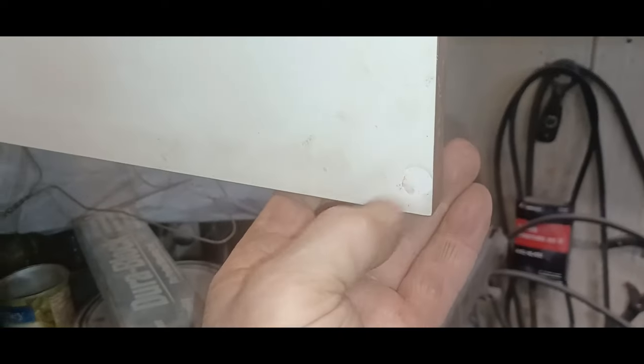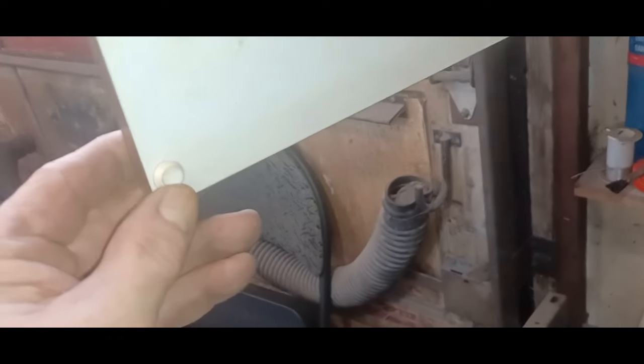I came over here and I stole one of these little guys off my other door right there, and I just put it right on the button, so essentially extending the button. And yeah, the shifter's in a spot. It's in park, and if I hook up the battery,